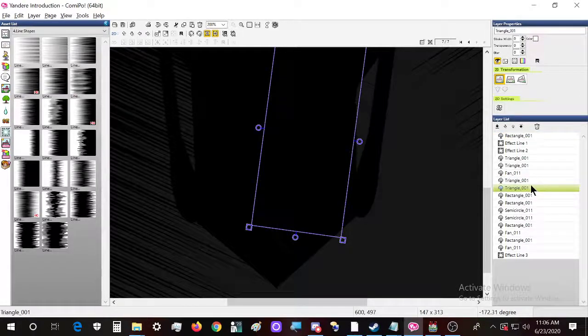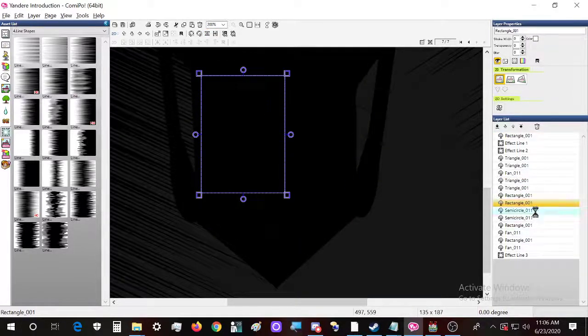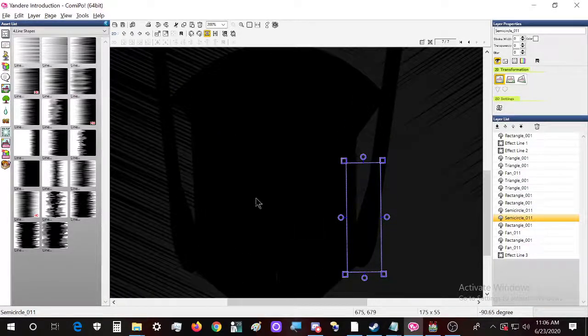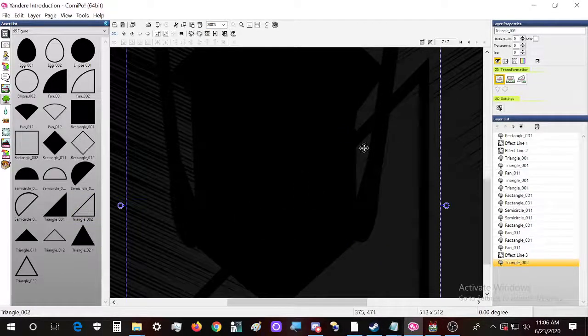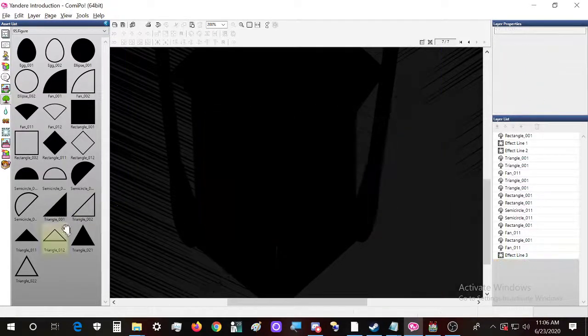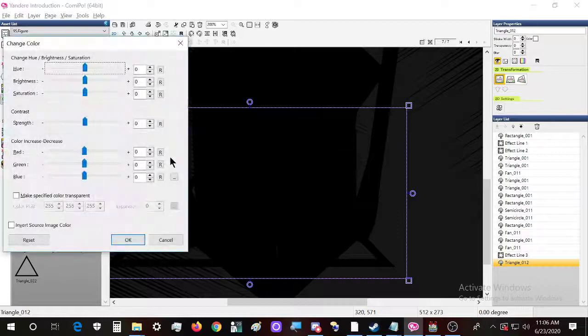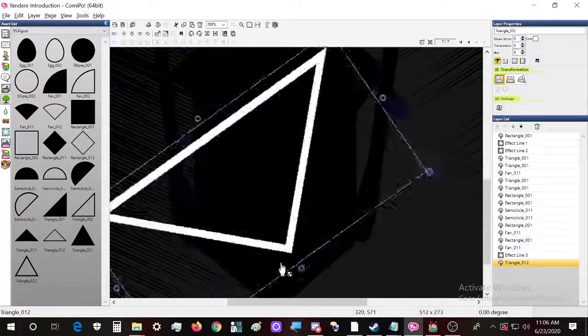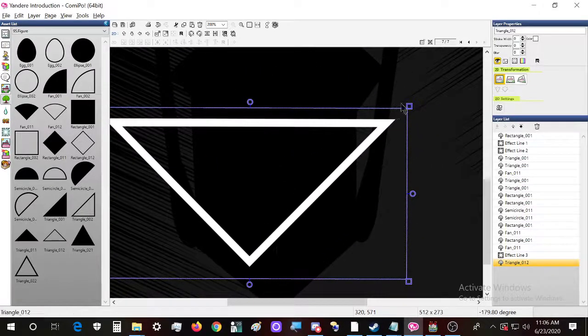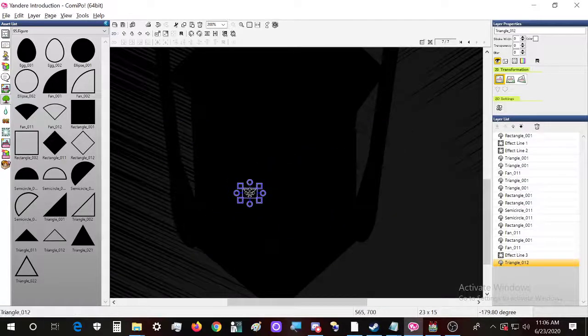Okay, we have a triangle problem in here. But let's just forget it, because it's not important. Let's focus on the more important parts. Let's try to make a nose. Let's make it white. I think it should be like this, and it should be extremely small. Something around here, somewhere around here, I guess.